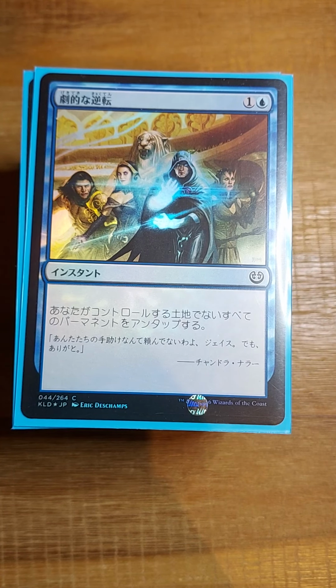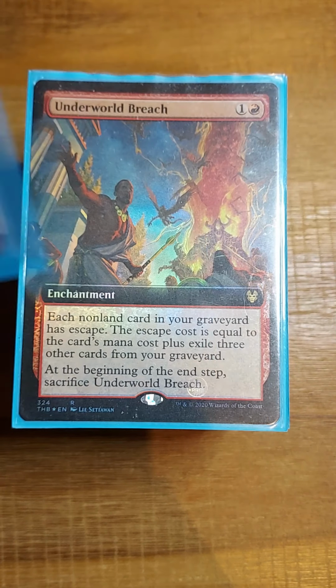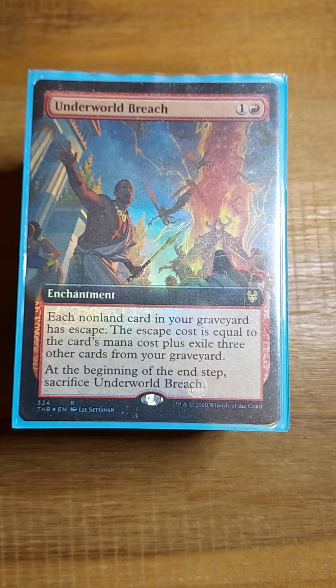Another old combo is we have our Isochron Scepter Dramatic Reversal combo. Not too many mana rocks in this deck, but a lot of mana dorks, which of course also synergize with this combo. And then because we're in Jeskai, we have Underworld Breach,